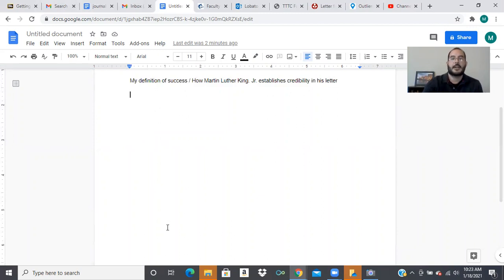Second paragraph, how Martin Luther King Jr. establishes credibility in his letter. And we'll say that just given it being the first week, this will be due by the end of Friday this week. So your assignment by the end of this week is you should have created a Google document, shared it with me, and in your Google document, the first page, you should have 2 paragraphs that address this writing prompt. Okay. Now, you really should be done with this assignment by Wednesday and Wednesday's lecture, because then